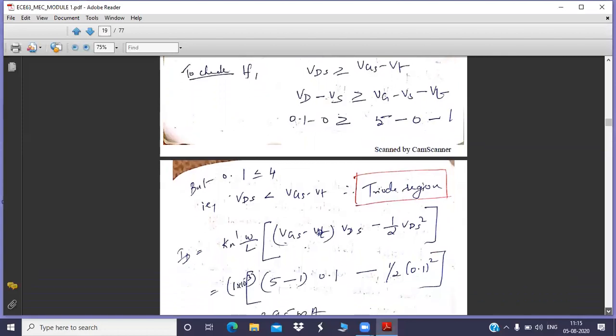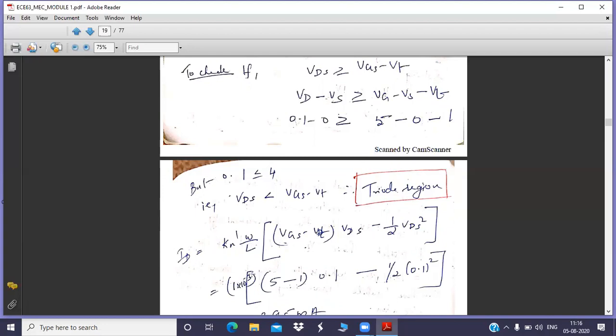So I have to write the equation for triode. Yesterday I taught two equations for you. One equation was for saturation, the second equation was for triode. So from that you have to take the triode region case and write the same equation here. Just memorize those two equations. Now you are going to find ID, because in this question ID is not given. Unless you have ID, you can't find RD, and you cannot design your circuit. So you are supposed to solve for ID by using all the parameters given in the question.